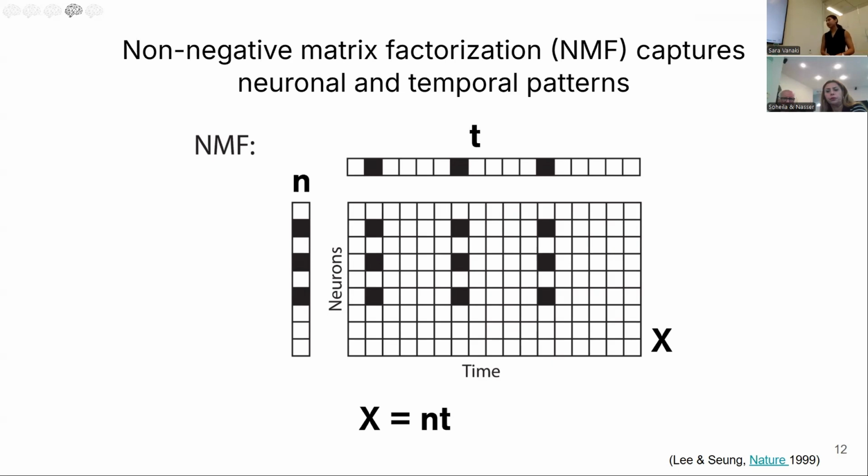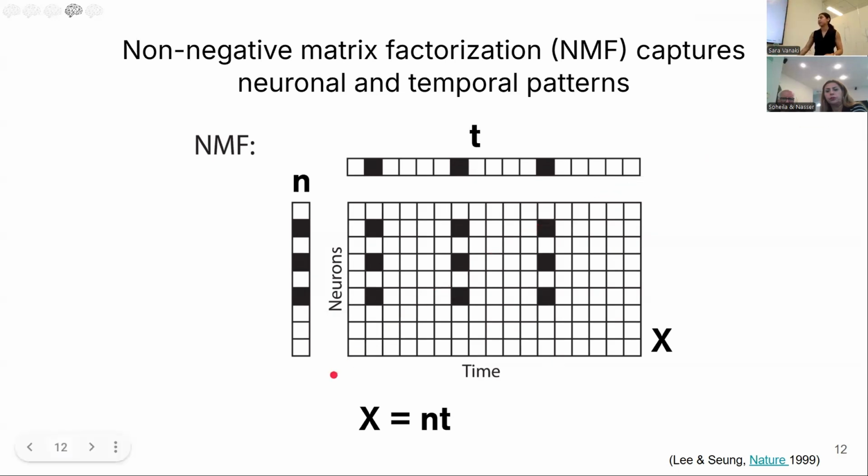And what NMF aims to do is reconstruct X, our original data matrix showing neurons firing over time, into a product of N and T, which are vectors in this case. That's where that dimensionality reduction comes into play. And what it does is it starts off by initially